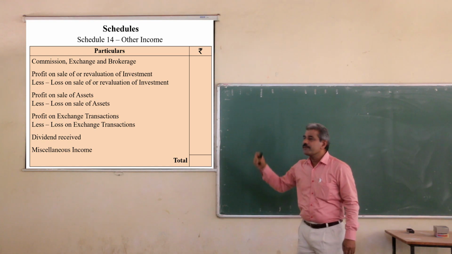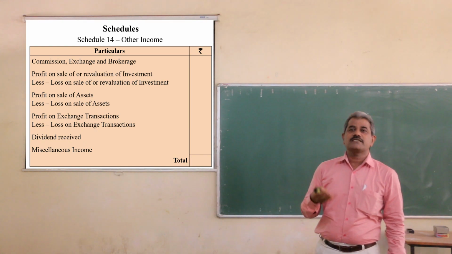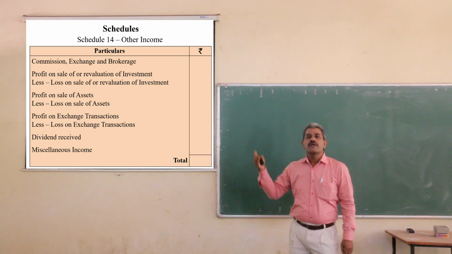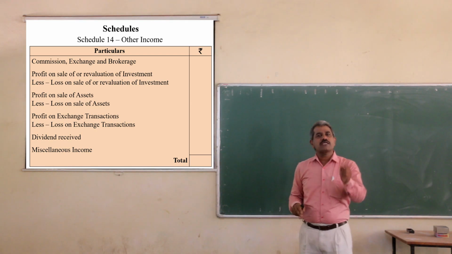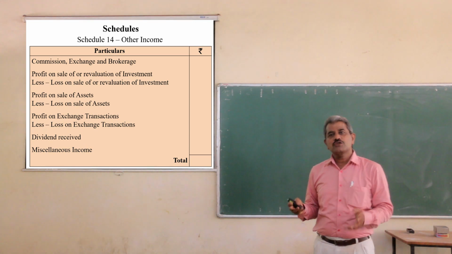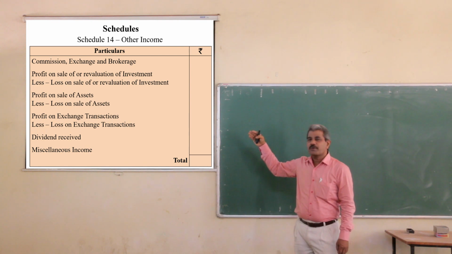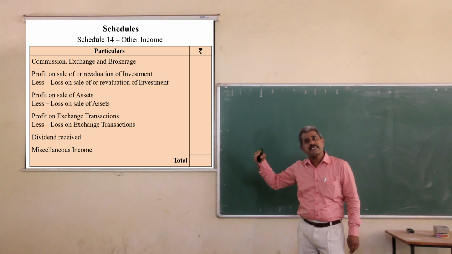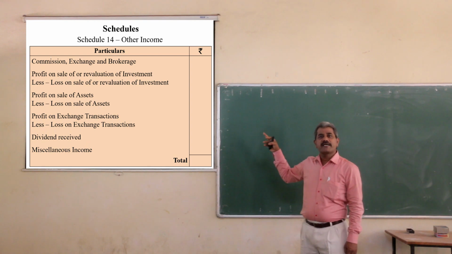Okay, in the same way, profit on sale of assets. Sale of assets means sale of fixed assets, that is building, premises, furniture. If any asset has been sold by the bank, then we will consider here profit on sale of assets. If there is loss, we will also consider here loss on sale of assets. And as usual, the resulting figure will be plus or minus. If profit is more, the resulting figure will be plus. If loss is more than the profit, then there will be a negative amount, minus.